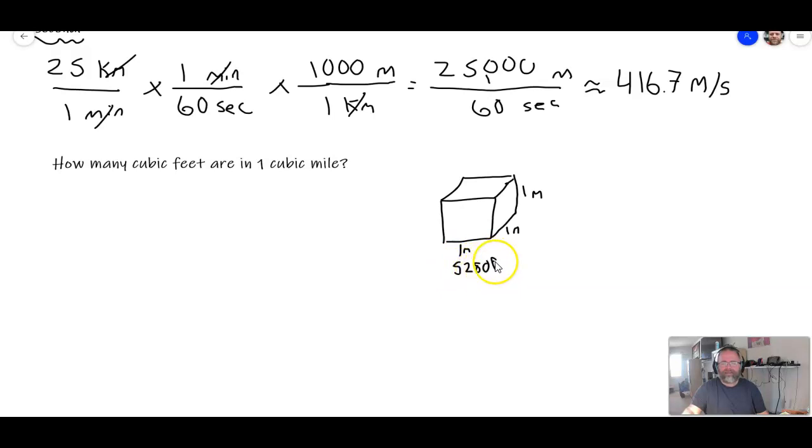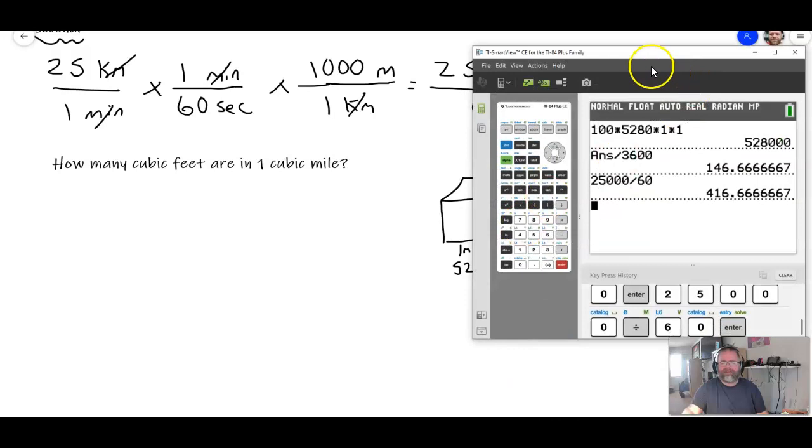5,280 feet. And this here would also be equal to 5,280 feet. And this height right here would also be equal to 5,280 feet. So to find out how many cubic feet this is, I would just have to multiply the length times the width times the height, right? So now we're going to do it in terms of feet. So it's going to be